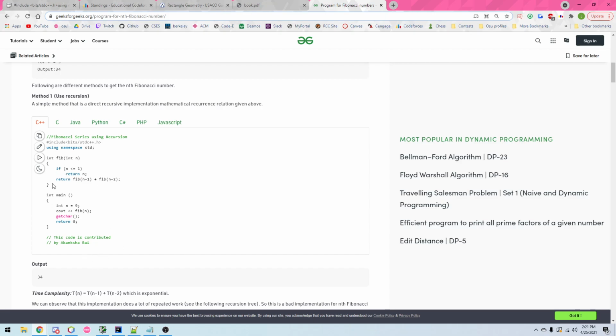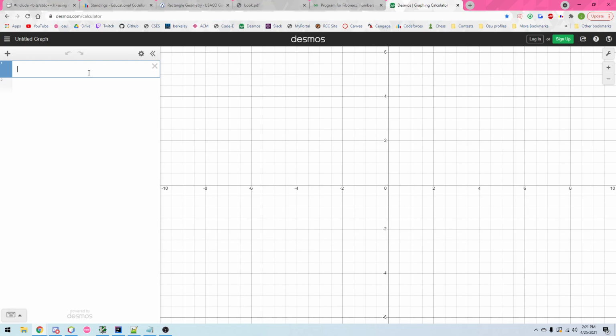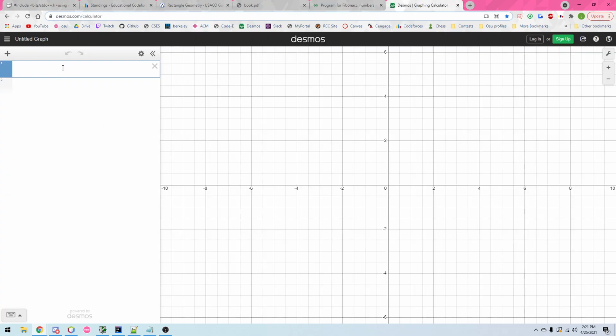So you'll notice this is very similar to that code that we have in the book. What you can see is that the time complexity of this is 2 to the n, which is going to scale really badly, right? For example, let's say you were able to calculate the Fibonacci sequence in O of n, which you can do. If you're calculating the 1000th Fibonacci number,